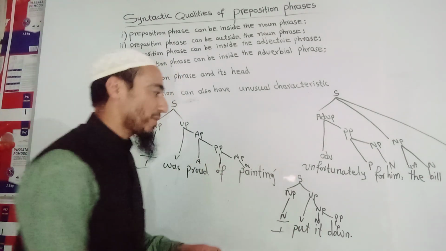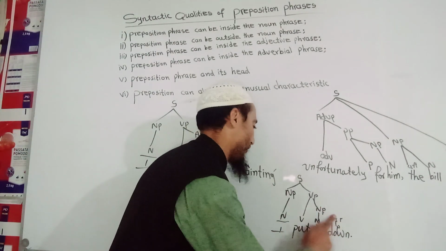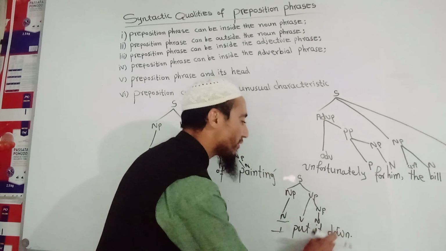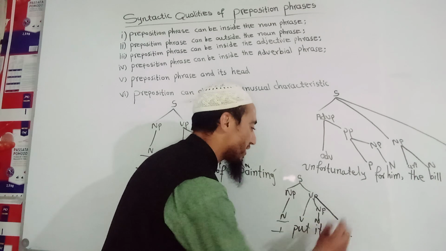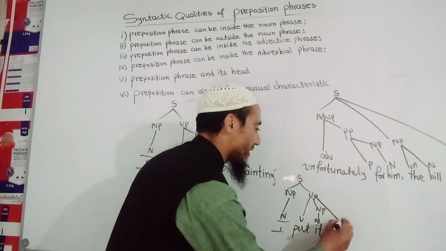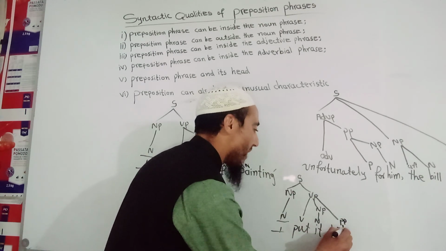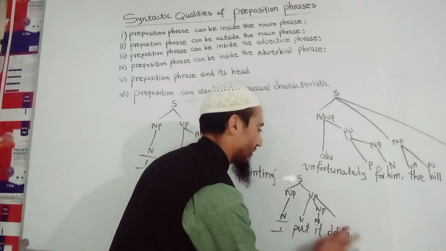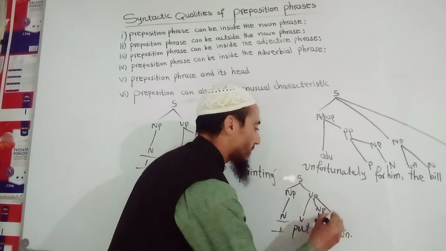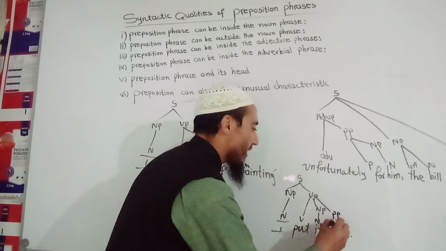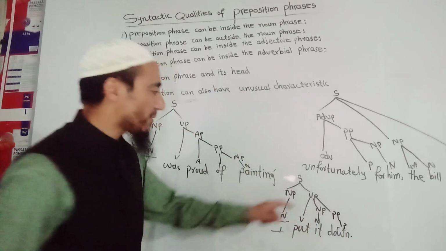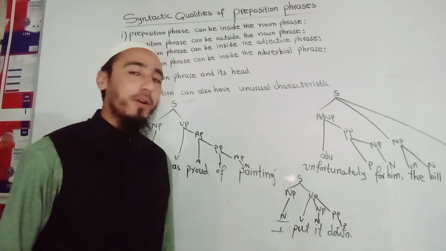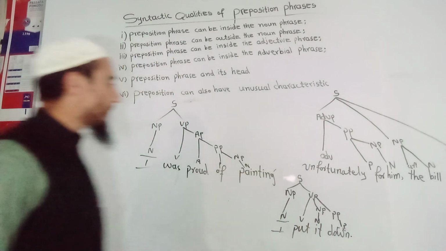Okay, that's clear. So, I put it down. One thing must be clear, I committed a mistake, sorry for that. We will take "down" from VP because we are taking it as a separate phrase. So it would be PP and then P. This is the structure. Again, to be a bit clear, it is PP and here it is P, the prepositional phrase. So we will not take it from the noun phrase, we will take it from the verbal phrase.